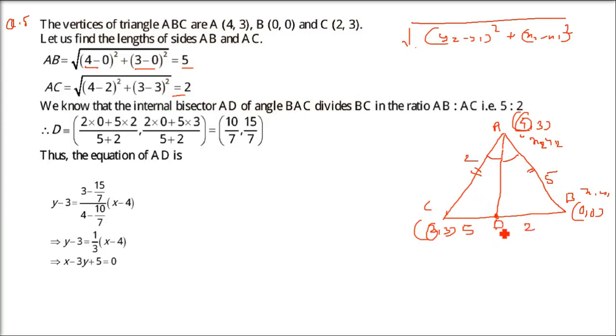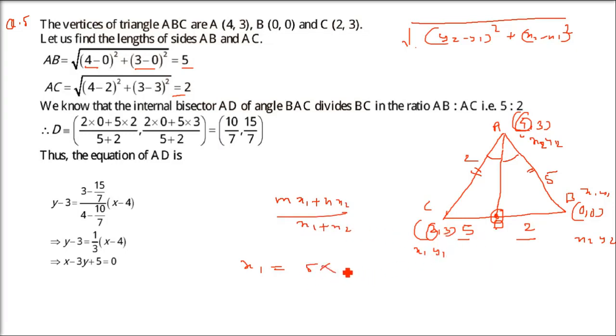Now we know that the point can be found using the section formula. If it is x1, y1, x2, y2, you can take either way. You can take x1, y1 this one, x2, y2 this one. Now I'll use m and n basically. M is 5, n is 2. So what is the x coordinate of point D? It will be m x1 plus n x2 by